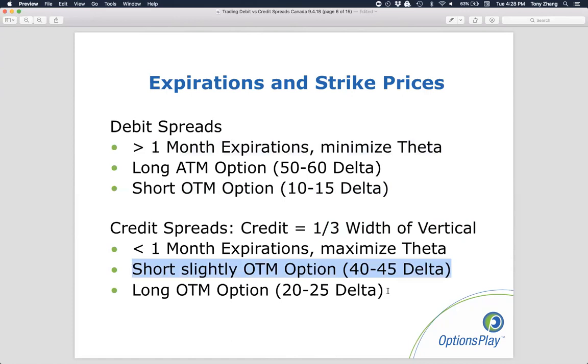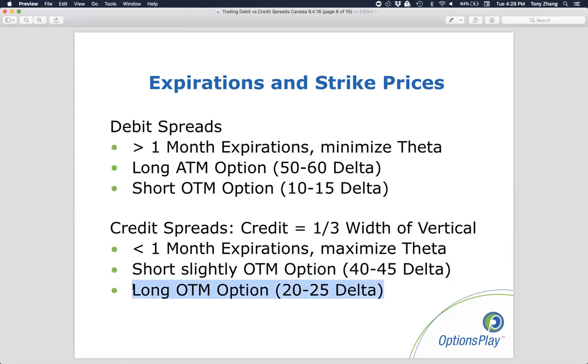selling slightly out of the money options and then buying a further out of the money option. That is usually around the 20 to 25 delta. That's where you're generally going to collect roughly one-third of the width of the vertical. If you go any further out, meaning if you sold the 20 delta call and bought a 5 delta call, you're going to receive a much, much smaller percentage of the vertical